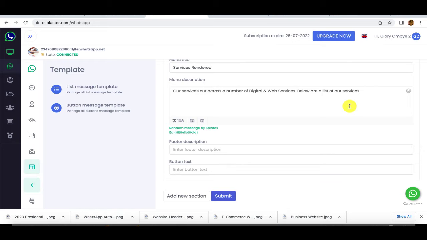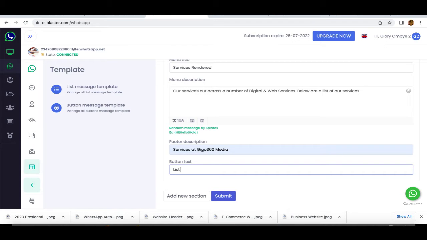are going to be a range of our services. Rather, a list of our services. Okay, this list message I'm about to create is going to be a list of our services. And then I may want to just give a footer description, and that will be services at Giggle 360 media. And then just say this button text will now be